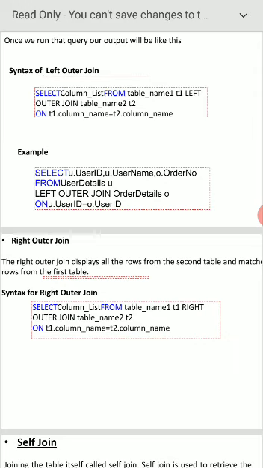In place of right outer join or left outer join, you write full outer join. It will display all the rows from both the tables. In the left outer join, it displays all rows from the first table and matched details from the second table. Right outer join displays all the rows from the second table and matched details from the first table. Full outer join displays all the matching and non-matching rows of both the tables. That's it. What is the difference?